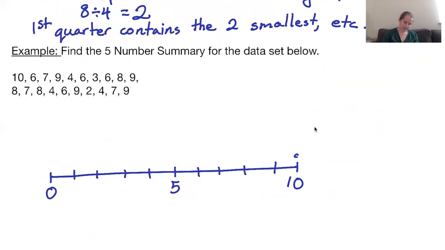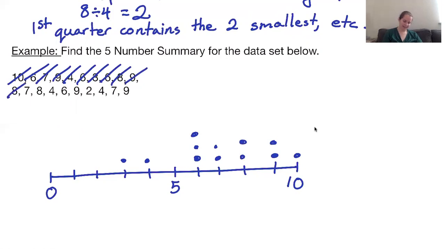We have a dot at 10, then it's 6, 7, 9, 4, 6, 3, 6, 8, 9, 8, 7, 8, 4,